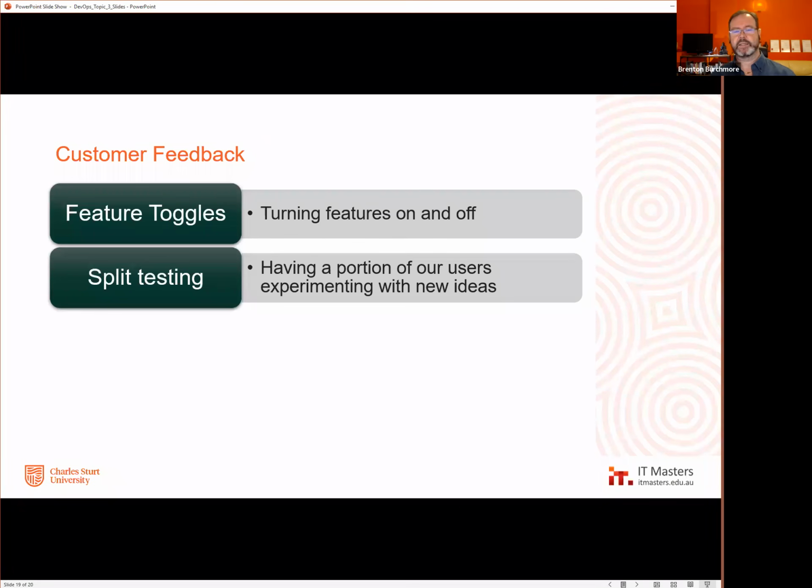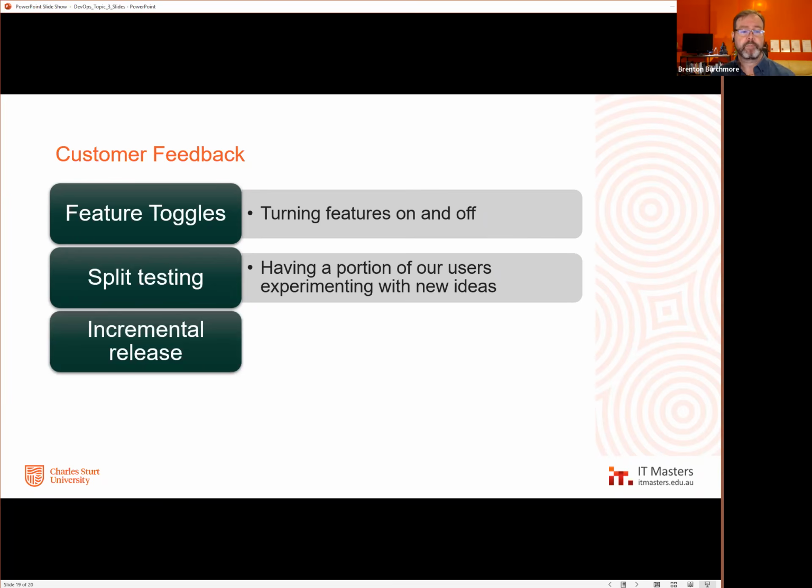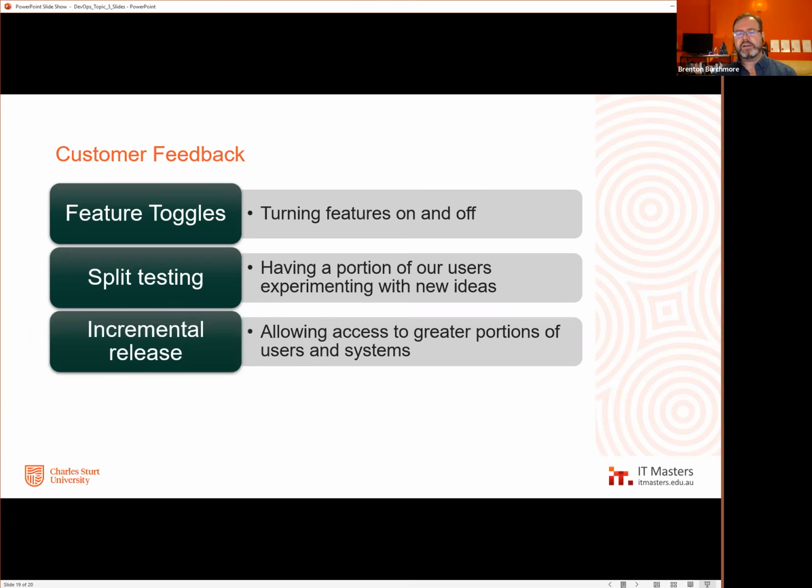Now we can start to say in the split testing, well, let's let everyone use it. That's the new A model now. And if we change something in the future, there'll be a new B. So we might have these incremental releases. Now, this is very much an application layer scenario that I'm talking about. You have greater portions of your users or your systems that get incremental access whilst you're looking at the data and you're deciding that, yeah, it's okay, we're going to increase that.